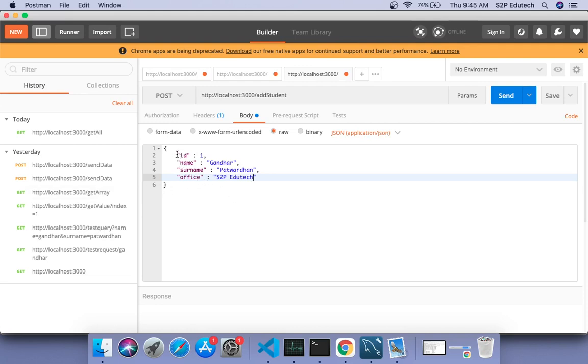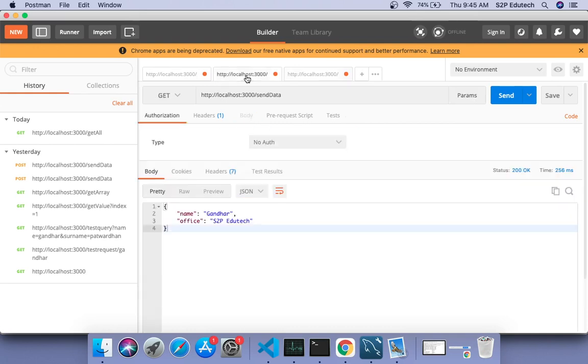See, giving inverted commas to the keys is mandatory in this case, right? If you do not do that, Postman will give you an error. See, it gave you an error. It says bad string. So giving inverted commas is a compulsion in case of Postman, right? And I will click on send. But before sending, what I would again like to do is in my get request, which is here, I'll close this.